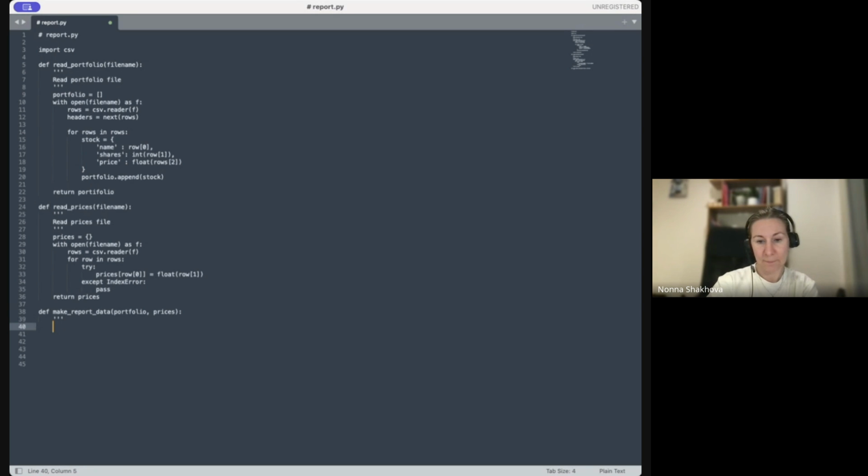And make a list of name, shares, price, and change. Name, shares, price, and change. Okay, and close the quotes. So what we will need here, we will do rows for this list, and after we will receive in the